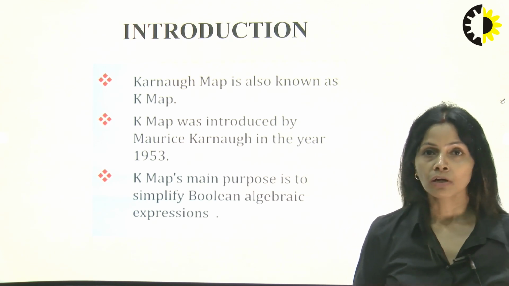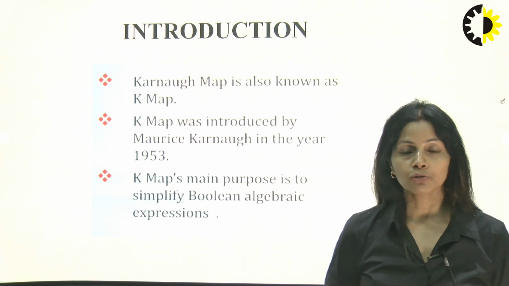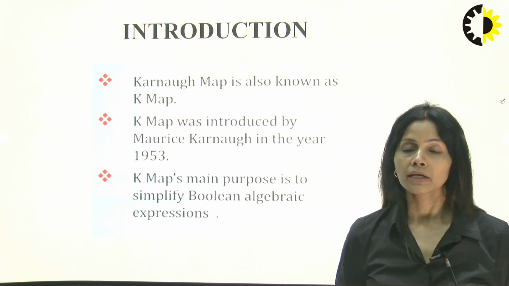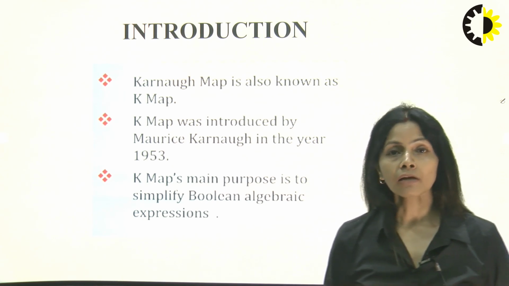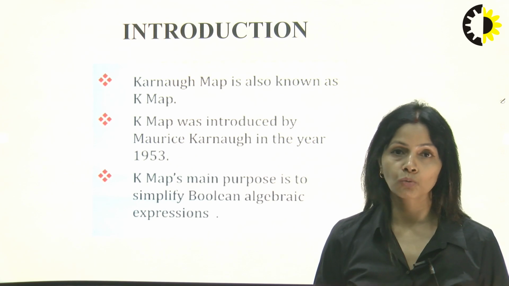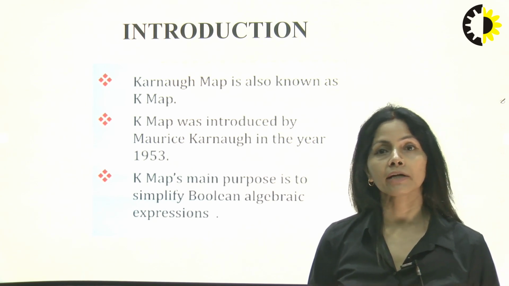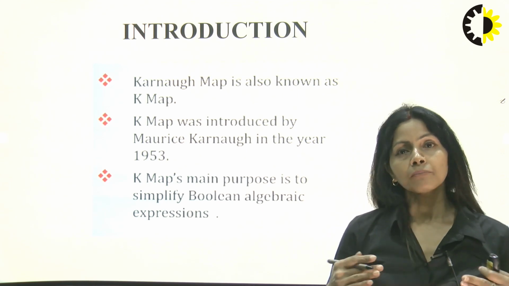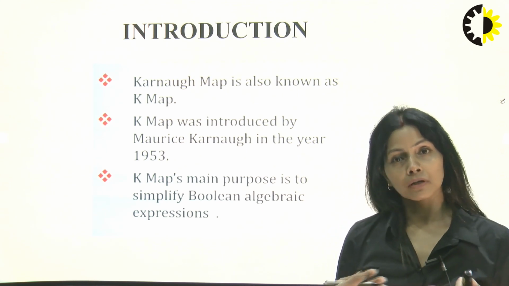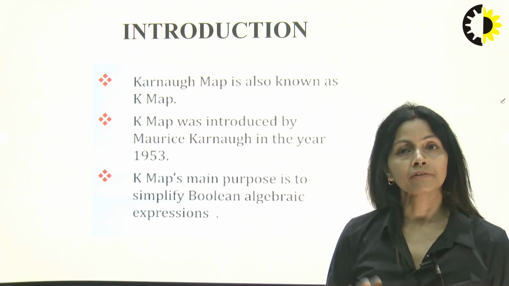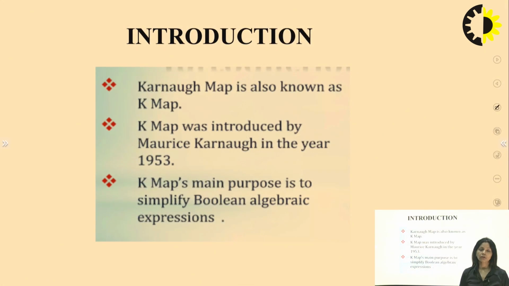So here we go. First of all, I will introduce you to the product of sum and sum of product, and then we will discuss all the rules and how we are going to solve 2 variable, 3 variable and 4 variable K-maps. We can solve 5 variable and 6 variable K-maps also, which we will discuss later, but the basic concept you must know for solving K-map problems.